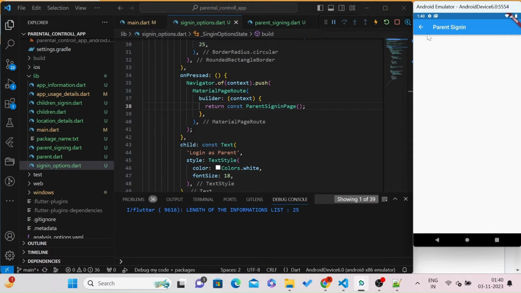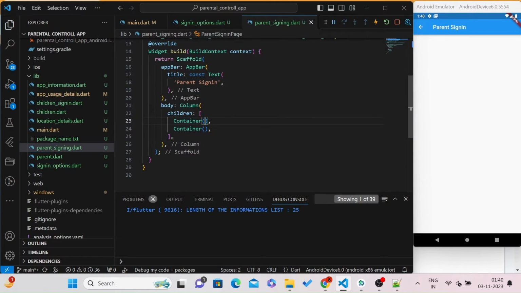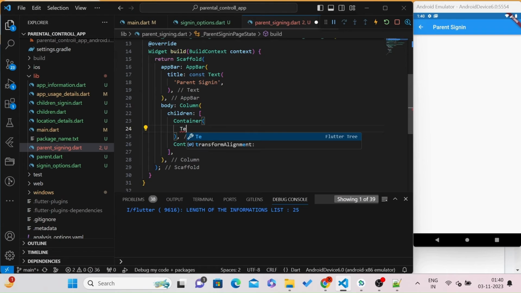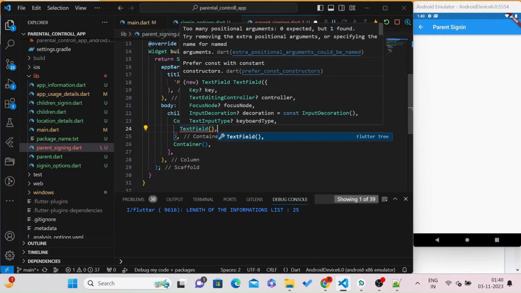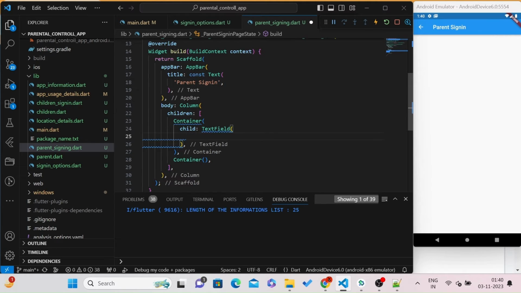So we are redirected to this parent sign in page. Inside this parent sign in page we will create two containers, and we have already created two containers, but we are going to create two text fields. One is for email and another is for our password. So text field, and this text field will be a child of this container,